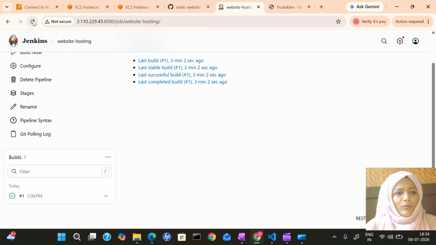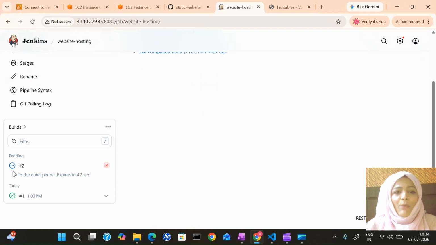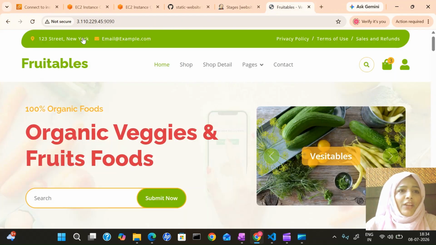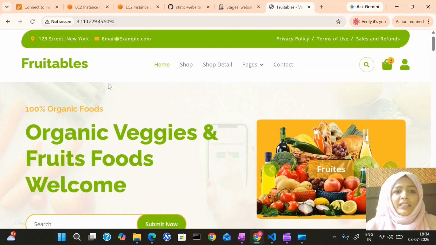Yeah. You can see the second time it automatically started pulling the code. Okay. If I go to the stages, you can see first it done the checkout of the code, then it built the Docker image container. Everything done. If I refresh this, you can see it has done the changes.